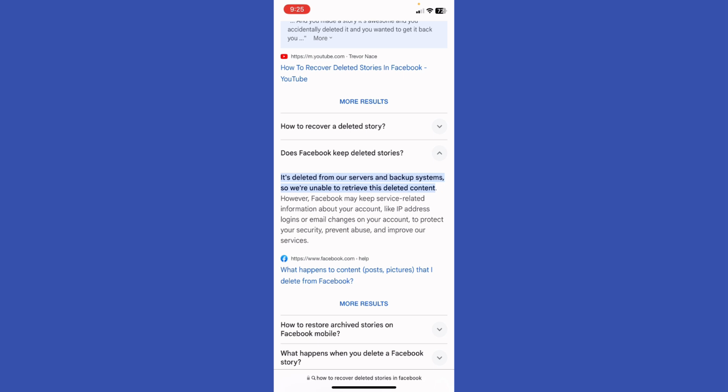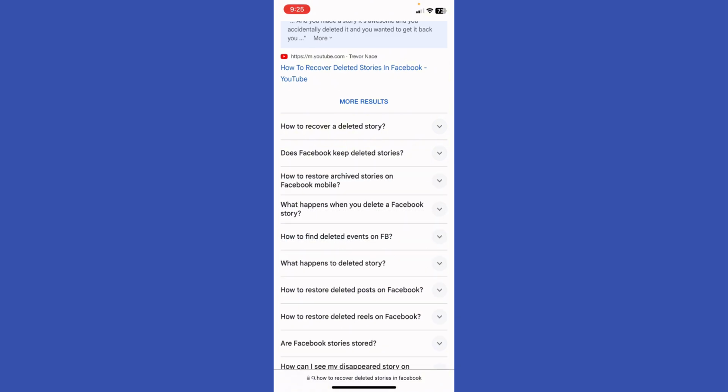unfortunately, they're not. However, Facebook may keep service-related information about your account, like IP address, logins, or email changes on your account, to protect your security, prevent abuse, and improve their service. So, unfortunately, for now, it is not possible, but we'll let you know in the future if there is a